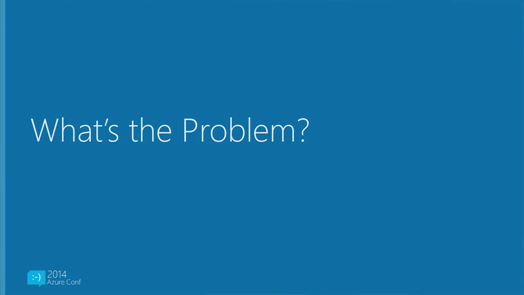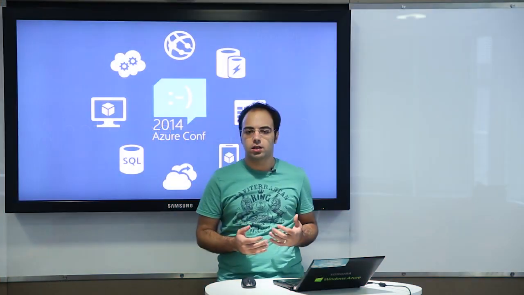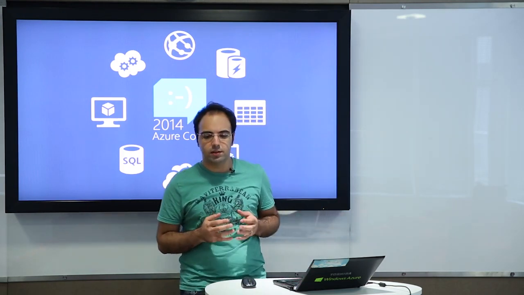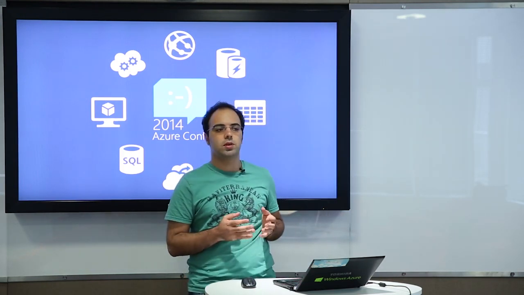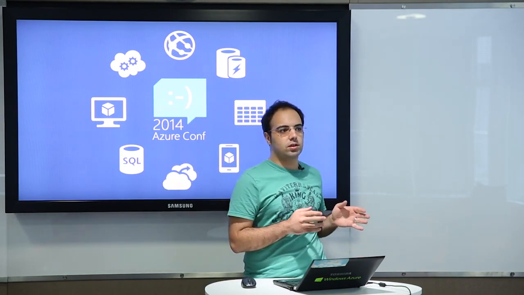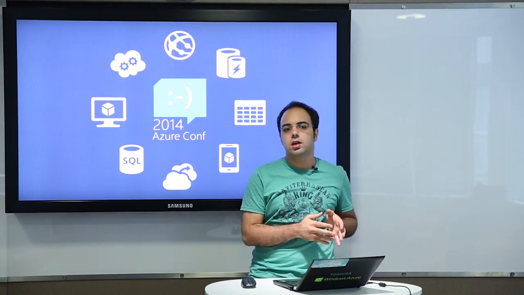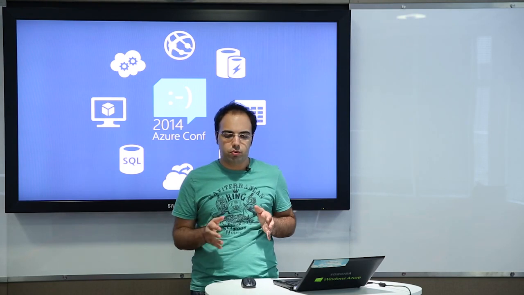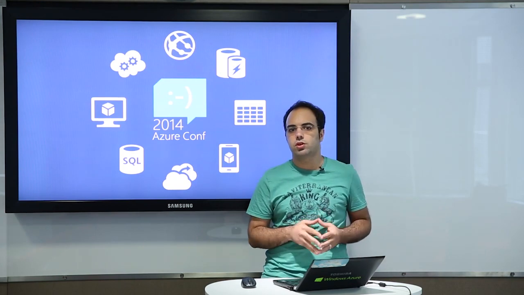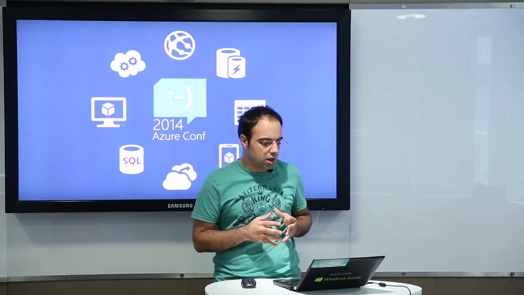So what's the problem actually? Why do we need Azure Search in the Microsoft Azure ecosystem? When we have our applications, we have data there. And for most applications, we want that data to be exposed and within easy reach, so that the user can easily find what he wants to see. But this type of development and work is really hard,